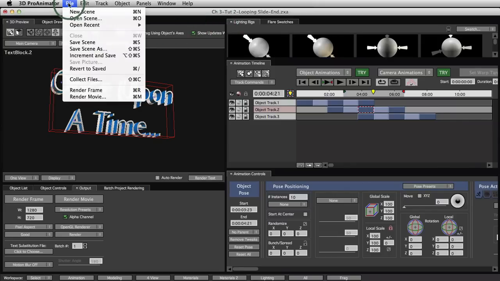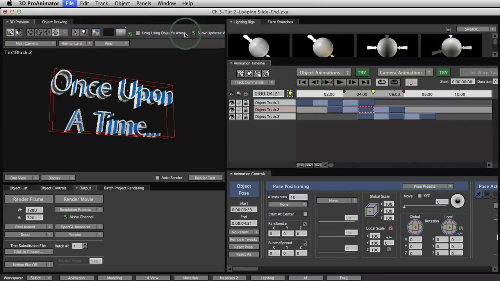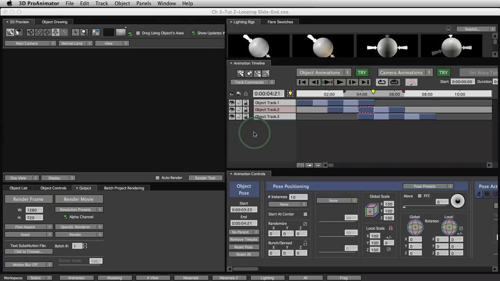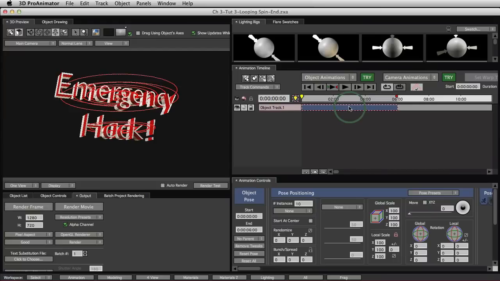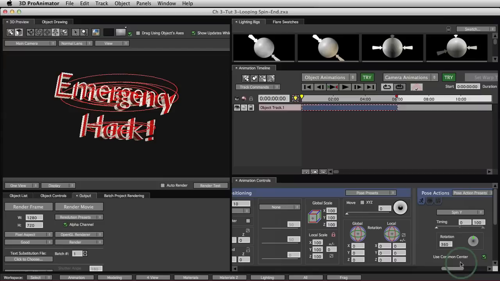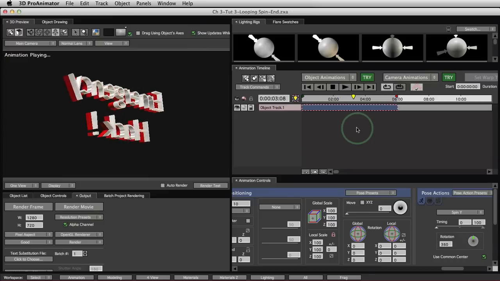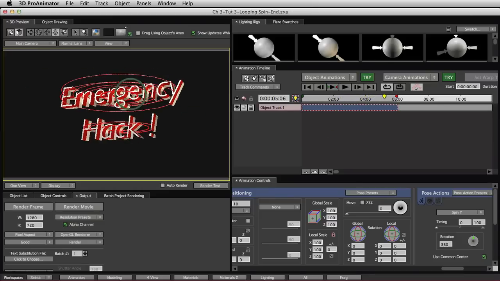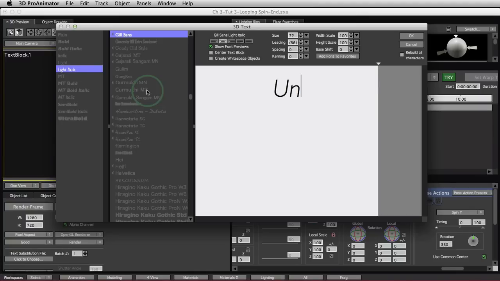Let's now take a look at the looping spin. This one you're going to be surprised. Remember, we only had one track, one pose, as a matter of fact, and we didn't even tweak it. For this one, remember, we used this pose action down here that's called spin Y. So we're done. This one was never hacked in the first place. Haha! So we're going to change this to the unhacked